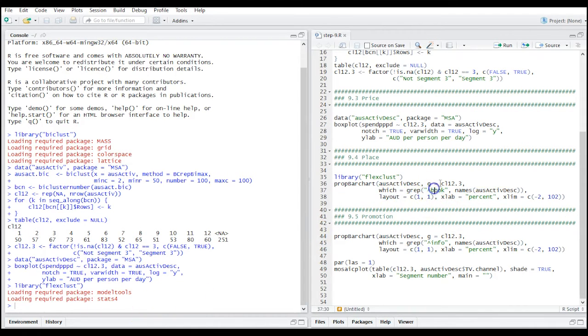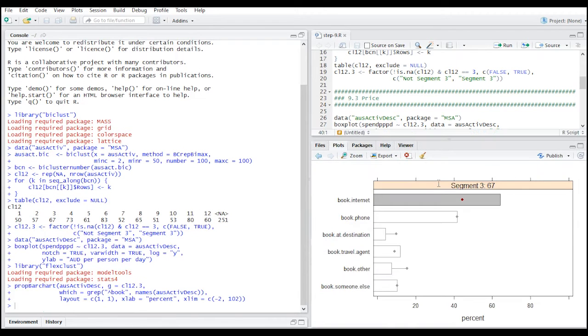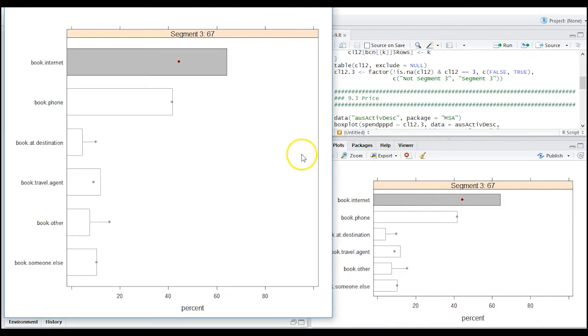Let's look at the result of that prop chart. We see here the average indication of agreement that people use the internet for booking in segment 3, and the red dot is the population average. So again, we can compare the population average with the average in the segment. Here we have segment 3, so we just have one panel. That's because of the layout. And what we see is that again